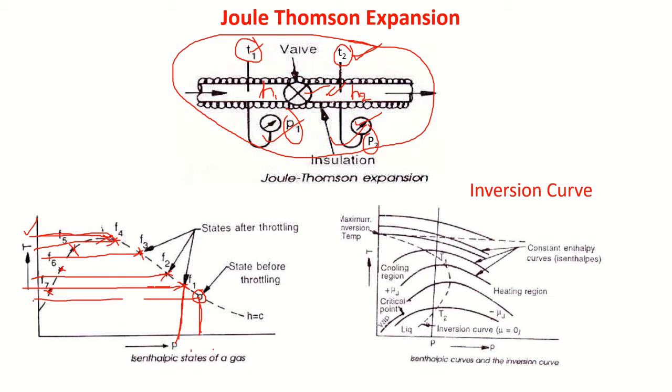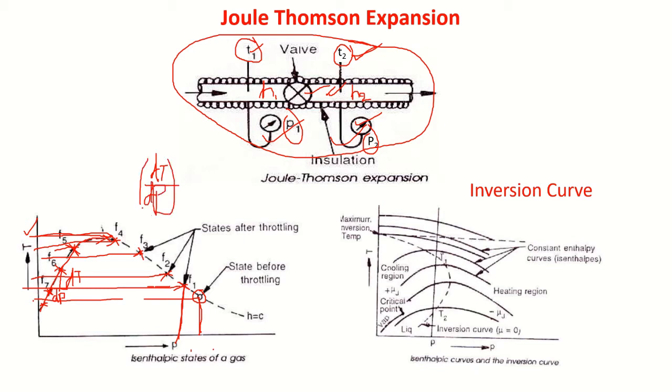Again, if I change the throttle position, the exit temperature starts decreasing like this. It might even come below this temperature. So here, if you consider this part of the curve and find the slope of this curve, I can call this dT and this dP. I can define the slope as dT by dP.